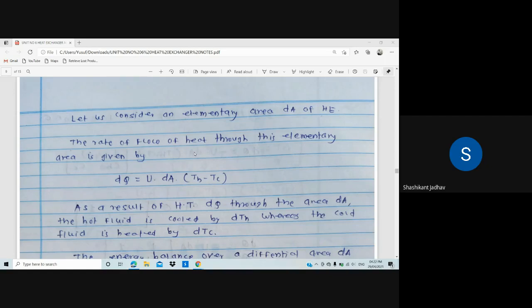Okay, then write on the next line. We have to write down the equation for that particular area: how much is the rate of flow of heat through this particular elementary area. So for that we have to write down the equation. All of you write down: the rate of flow of heat through this elementary area is given by